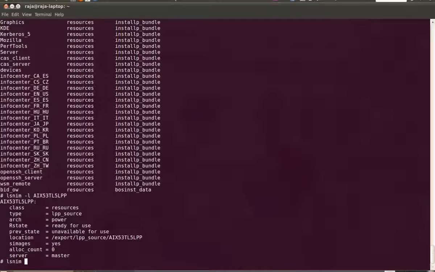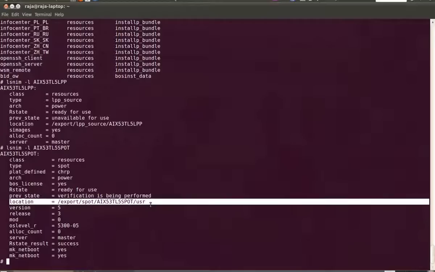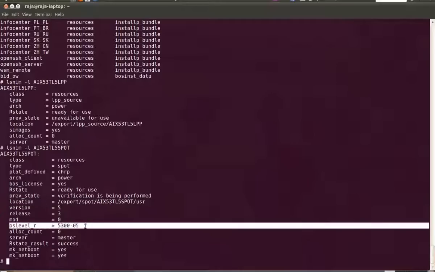And if you want to see the spot resource details, you can see it over here. So the location, you can see it's under /export/home/AIX53TL5spot/usr, and you can also see what version of OS there is in the spot. It contains AIX5300 TL5, and it is located in the master server.